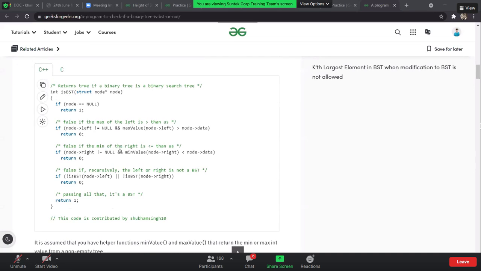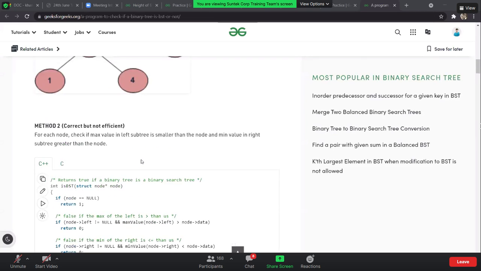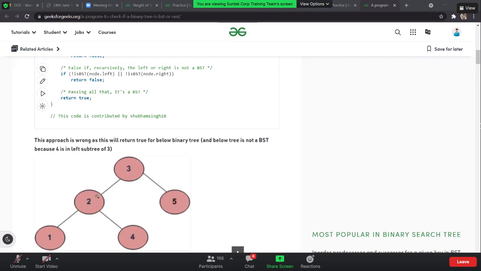Basically, what we need to do is iterate each and every number several times, because for checking the minimum and the maximum value, I need to traverse each and every time. Let's say if I want to calculate the maximum value on the left side, which is 4, I need to traverse the complete tree. Again, at the 2, I need to traverse whatever the left tree and the right tree. So that's a repeated process I have to do.